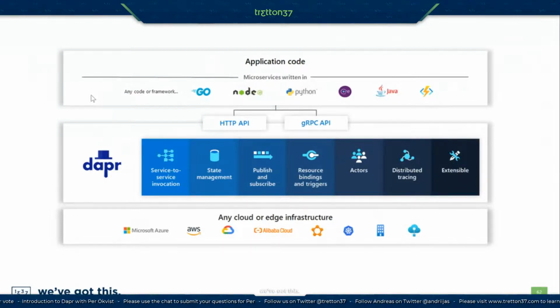Some languages will have SDKs for actors and wrapping some of those components, but you don't need them if you can talk HTTP and gRPC. It's just a higher level of abstraction. And Dapr could run on any cloud or edge infrastructure as long as it supports in-process or containers.